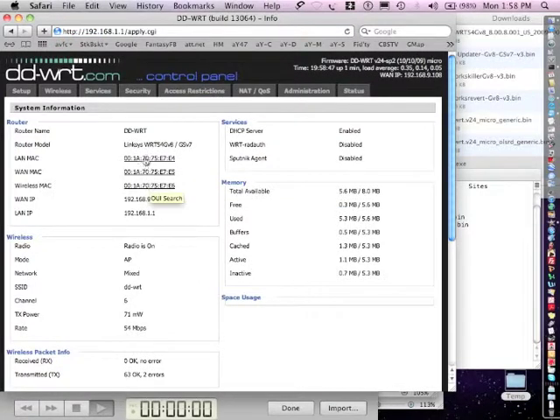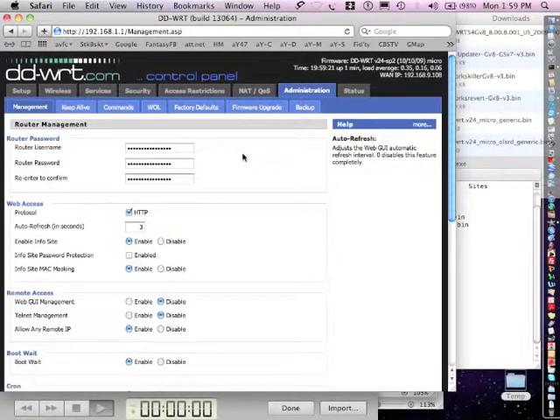Now the one thing we notice here is that the MAC addresses for LAN, WAN, and wireless are wrong. They're not the ones that are on the bottom. And that's because when TFTP transferred that binary file from ddwrt.com into the router, these were the defaults that were set. So we have to reset these defaults. How do we do that? Okay, well, we go to admin, and we go